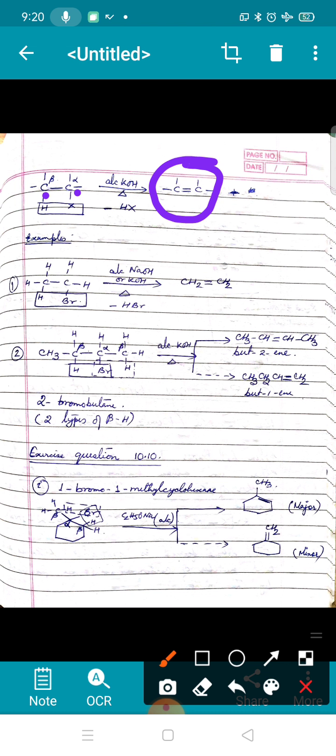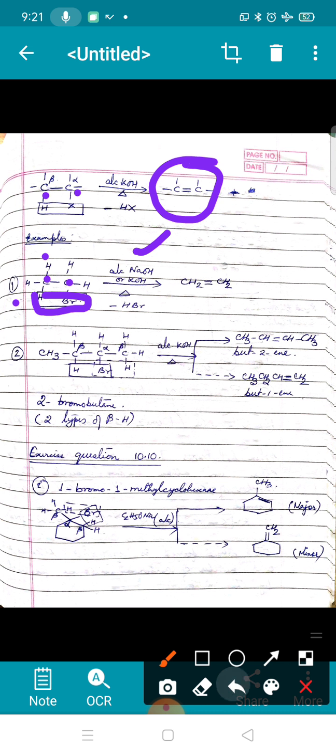You see, here I have taken bromoethane. Bromo, this is the carbon which is alpha. This is beta carbon, and there are three hydrogens here. You may choose any of the hydrogens. So from here HBr is lost. You can take either alcoholic NaOH or KOH, and the product formed is an alkene. Here we had two carbons in the starting material. The product is also having two carbons. So bromoethane gives you ethene.